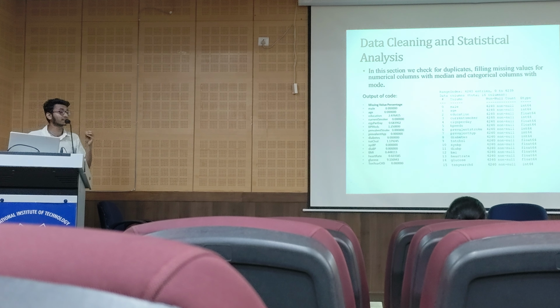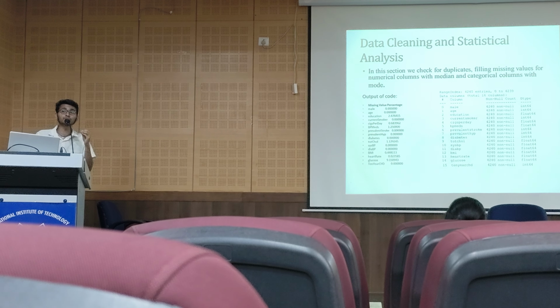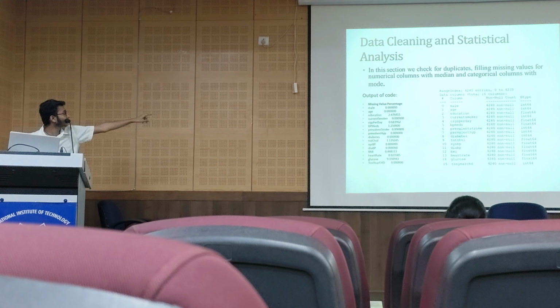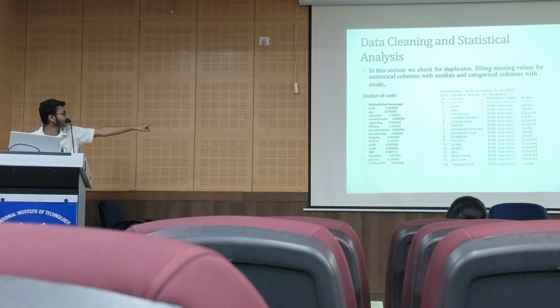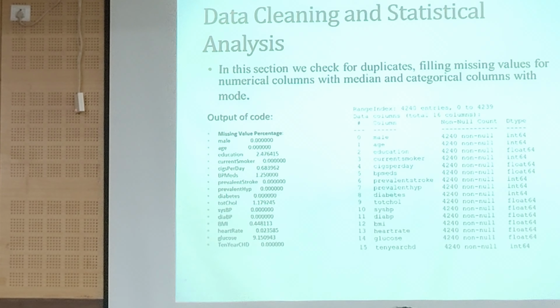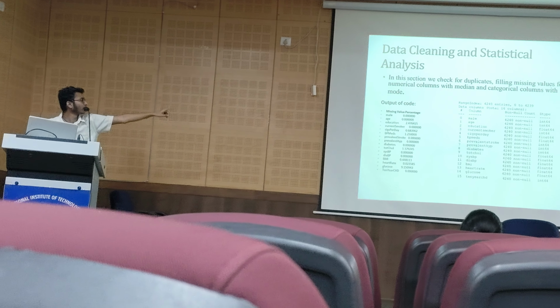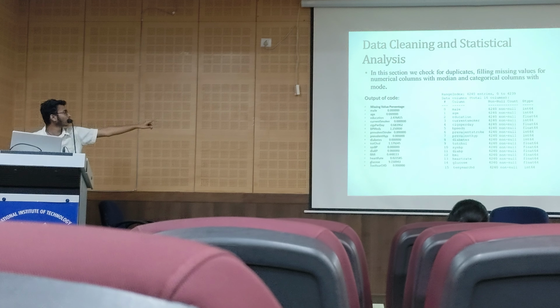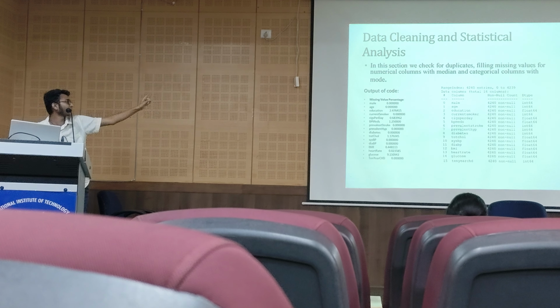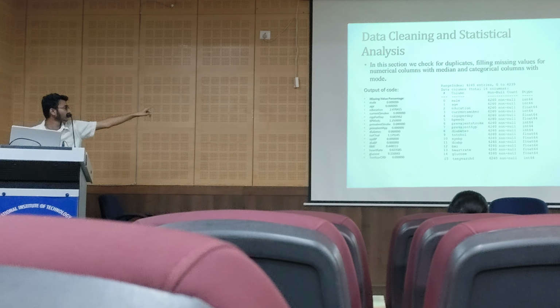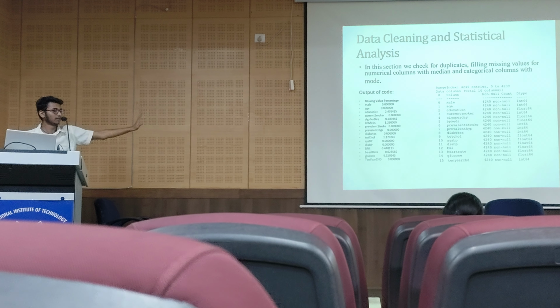First we have to check whether there are any missing values present in the data or not. That is very important. You can see a missing value percentage for each column that I have written. You can see the code output. At the end, I will show the actual code that I have used. After running the code, the right side one is the output, and you can see the null values.